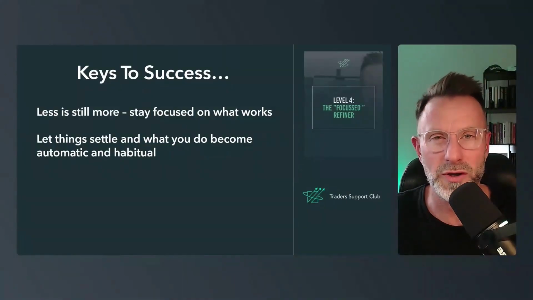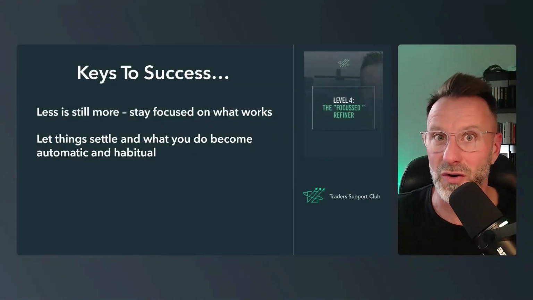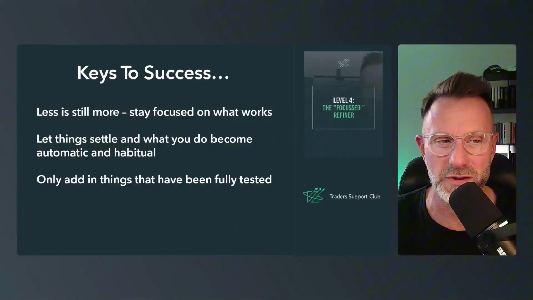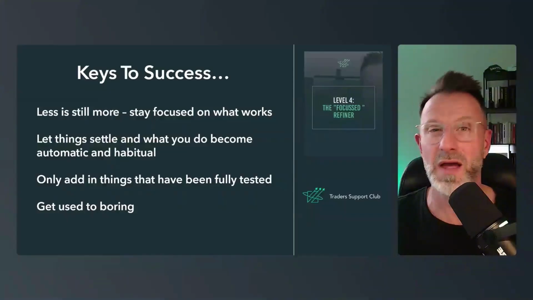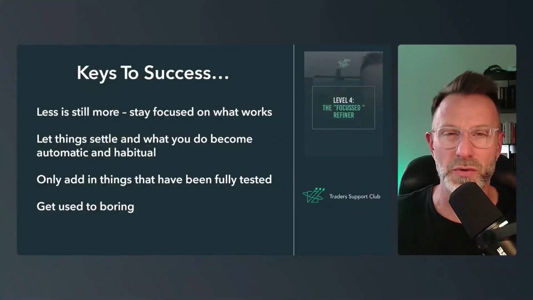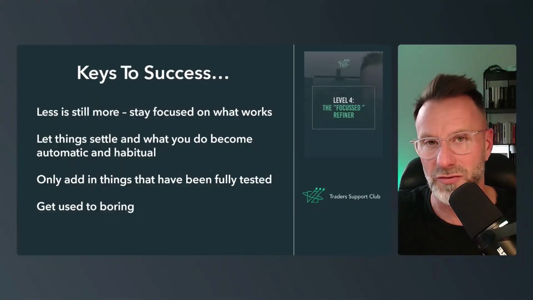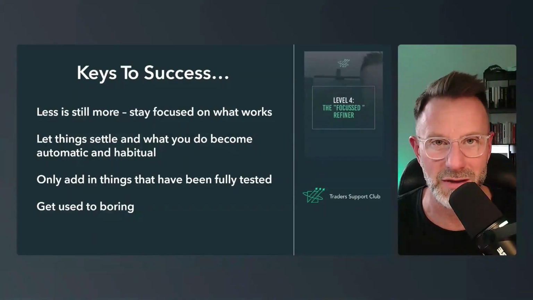So if you can't day trade, you focus primarily on swing trading, and make sure you're not just randomly trying to make money because you feel like it on that day. Let all the good work you've done settle into that routine, let it become automatic, and then you can start optimizing as you move into level 5. And only add things when it's been fully tested. And the last one is get used to things feeling a little bit boring. That's okay. You're building up resilience, you're building up knowledge, you're building up execution experience. All of that is good, even if it feels a little bit boring because you're not running trades for 30R just because you've seen one trade move in that direction.